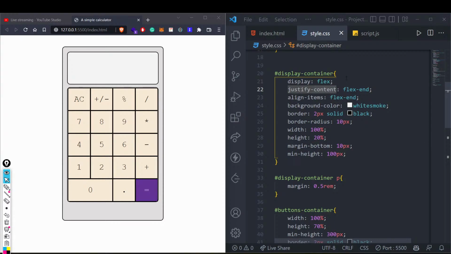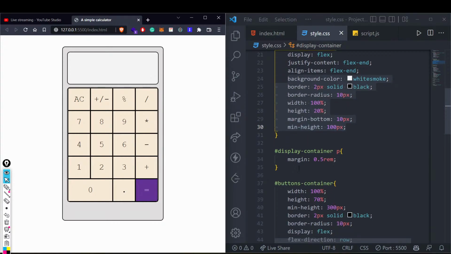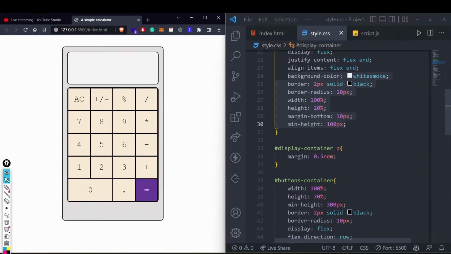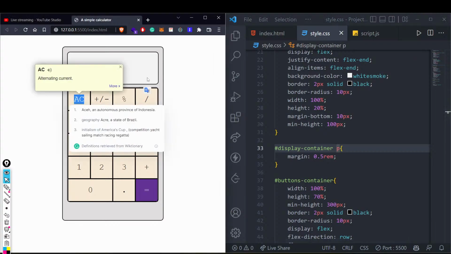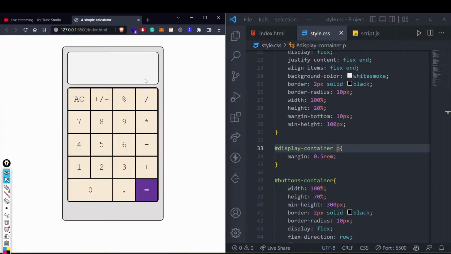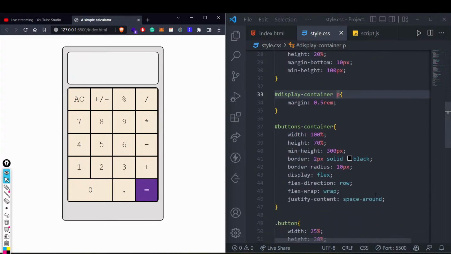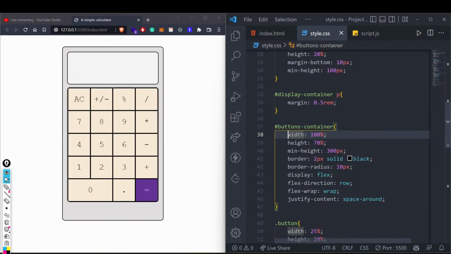Cool then, right? So if this thing is very clear, now what we have to do is all these things are again very simple things like height, width, margin, etc., so that our text looks a little fancy. This is just to make sure that whatever content we are writing inside it should have some margin, so that it does not come very close to the box, right? Now after that, the same thing is done over here: display flex is done, the direction is row and all these things. They are making sure that our buttons come very properly, right?